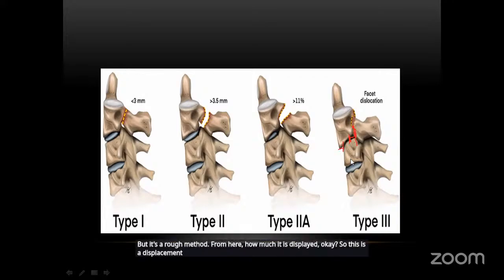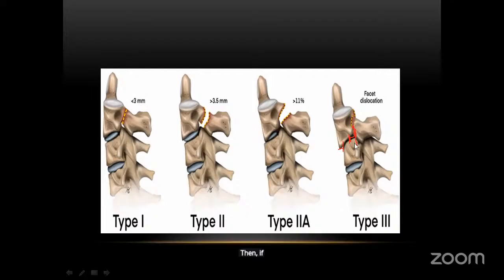We will divide this displacement by the body width. When this ratio is less than 0.5, then it is type 3 and type 4. If the ratio is more than 0.5, then it is type 5. Okay, so in this way we have completed these types, but most of the fractures